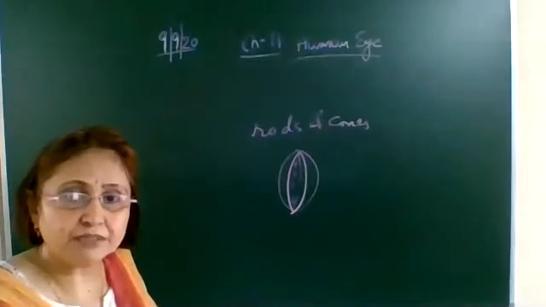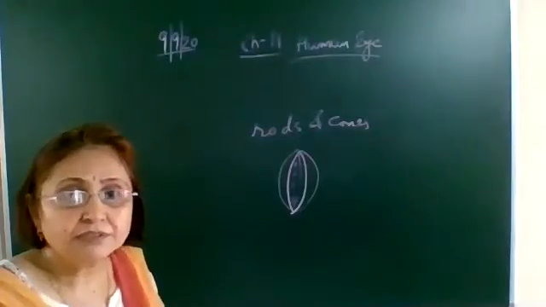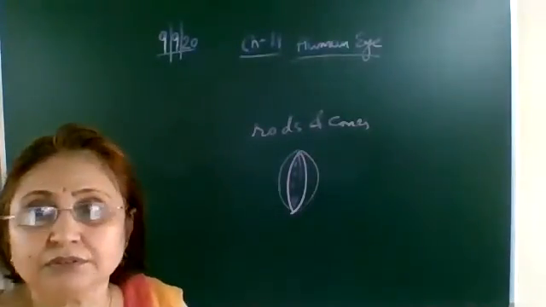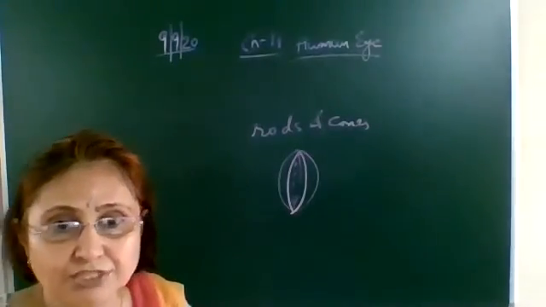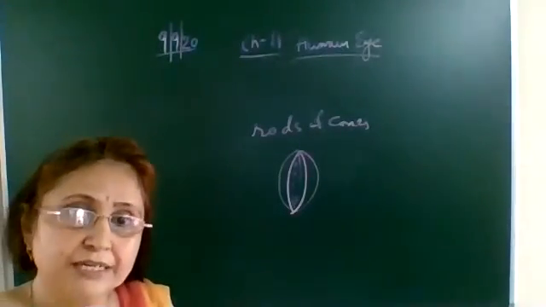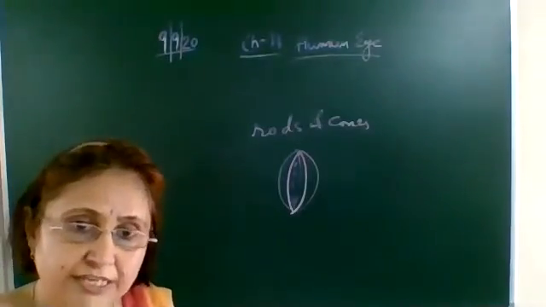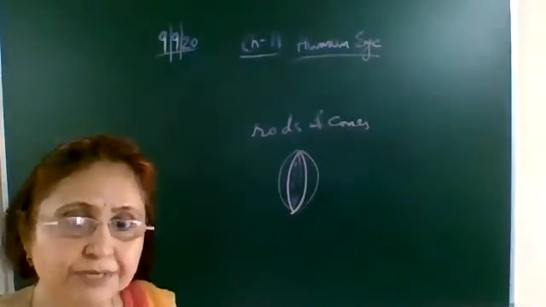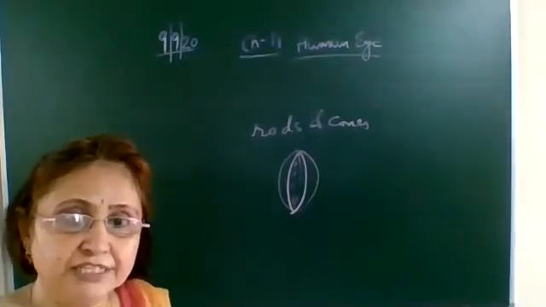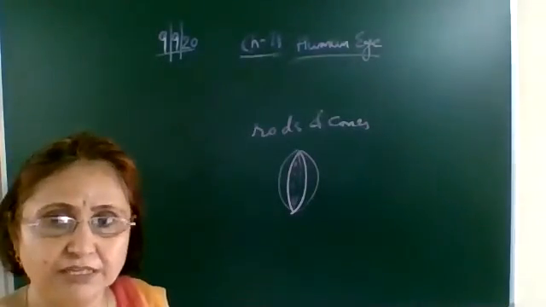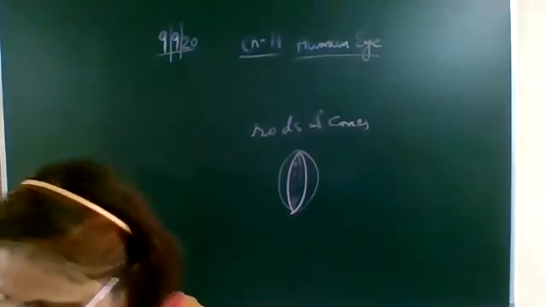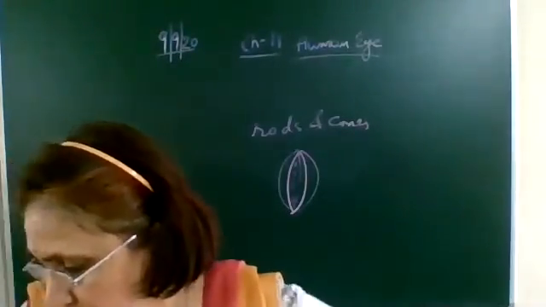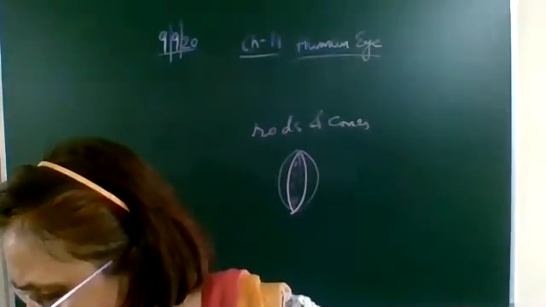So the lens becomes thick, and what happens as the lens becomes thick? Are you getting it? I think you can answer it. Okay, so when you are looking at a nearby object, the ciliary muscles contract, the eye lens becomes thick and its focal length decreases, so you can see the nearby object clearly. Is it clear? Yes, ma'am. Okay, very good.